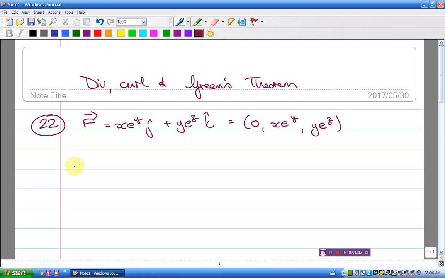Okay, so let's work out div F. Div F is simply the derivative of 0 with respect to x, plus the derivative of x e^y with respect to y, plus the derivative of y e^z with respect to z, and that's our answer. That's pretty boring. And just in case you're wondering where all of that came from,